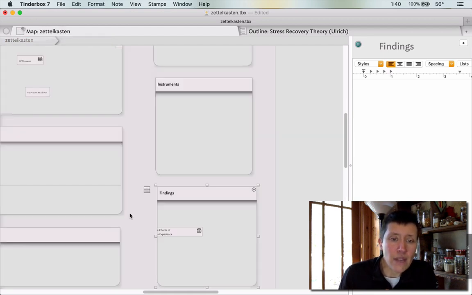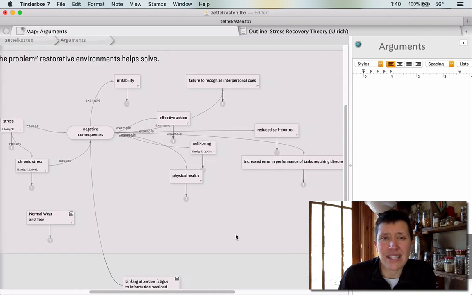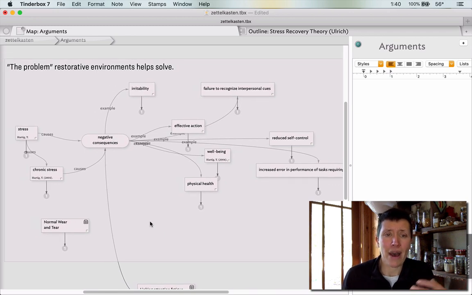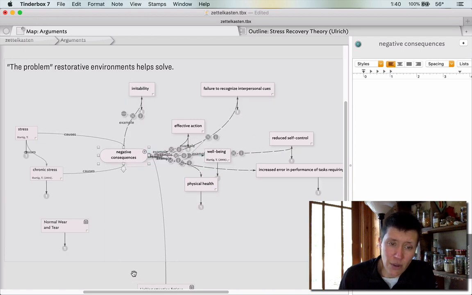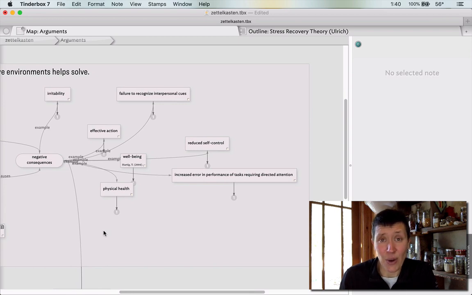And then arguments are, this is just a real kind of fuzzy place for me right now, but basically trying to map out how do people make the arguments about what restorative environments help solve. And so I'm just playing around with that right now, which is why it looks a little less pretty, but is exactly why I love this software, because it's not only this place for me to type out some sort of note. All the capability I need to do that is here, and I can use Markdown, and I can